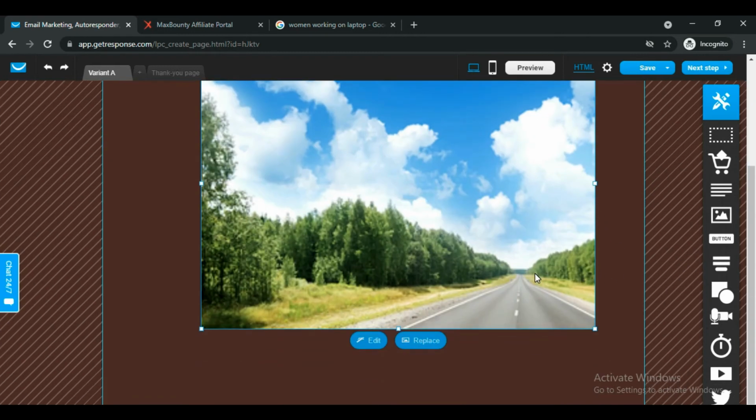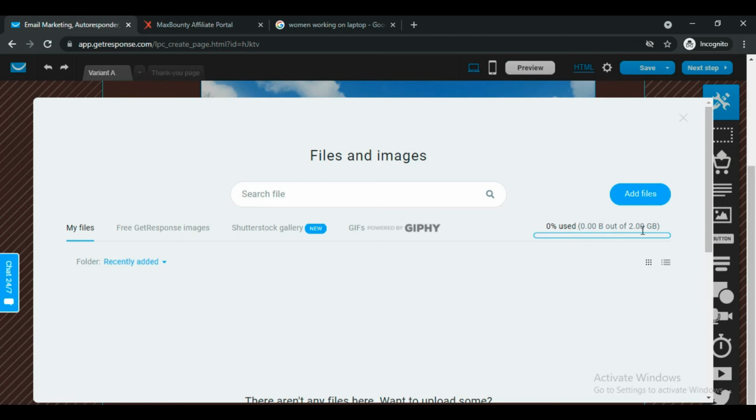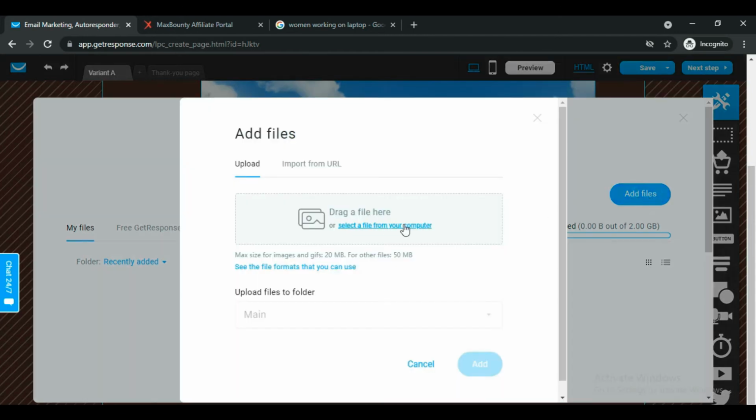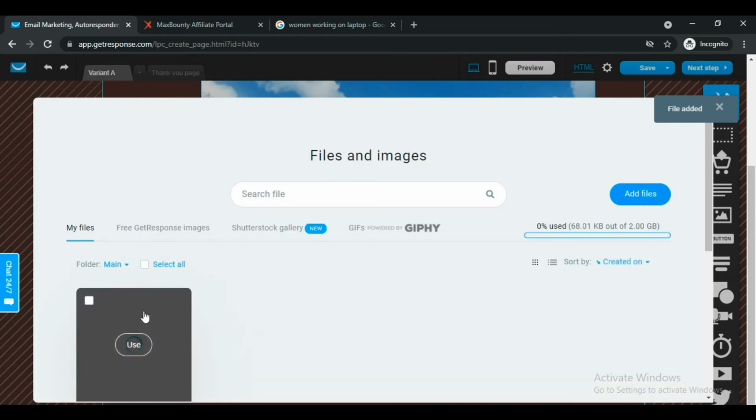You can change the size according to you, and now you have to simply click on the replace button over here, and then you have to choose the image that you have downloaded. You do that by clicking on the add files button over here, and then click on select a file from your computer, or you can simply drag and drop over here. Once you have added the image, you have to click on the add button over here, and you can see that our image has been added.